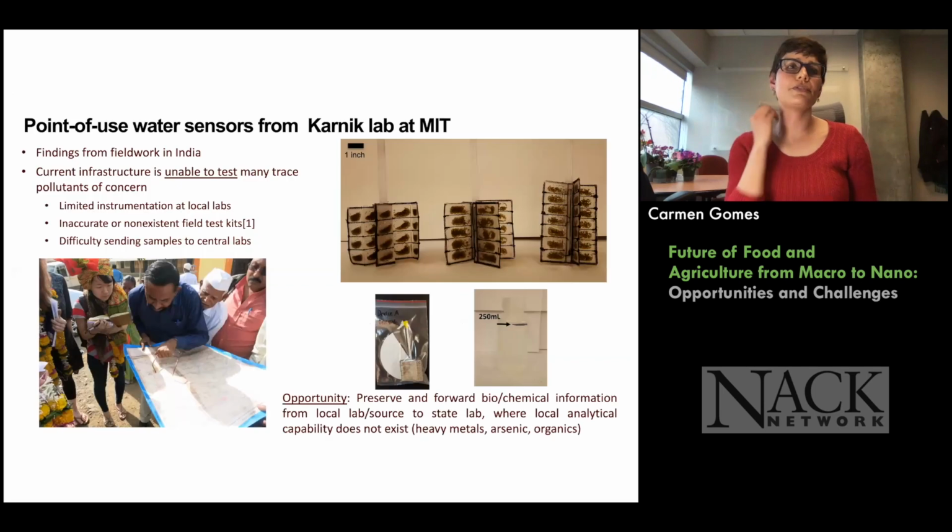And another example from Dr. Karnik's lab is about mercury contamination or heavy metal contaminations in areas in India. What he's doing here is addressing that it's very difficult to test because, again, you have to collect the sample, ship it to a lab, get it analyzed, and then get it back. And it's costly, and people don't collect samples enough to be able to pinpoint the contamination.